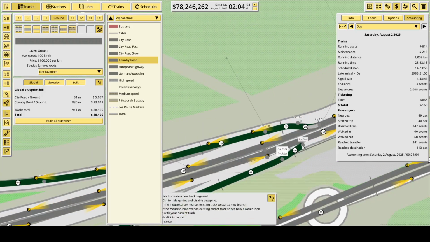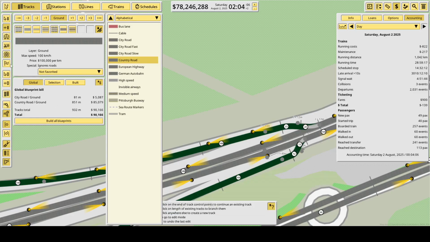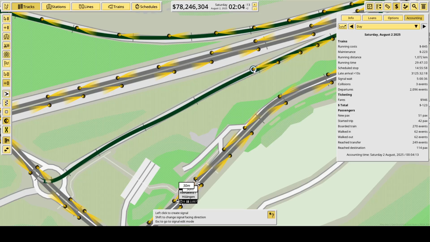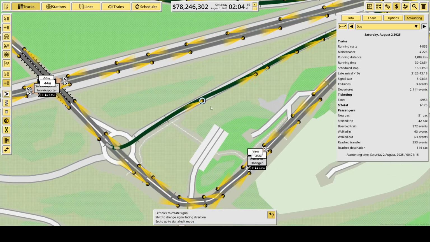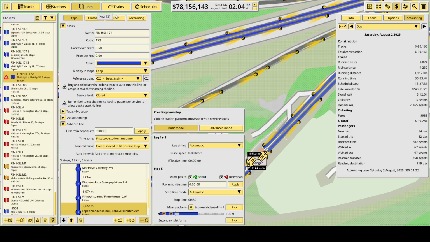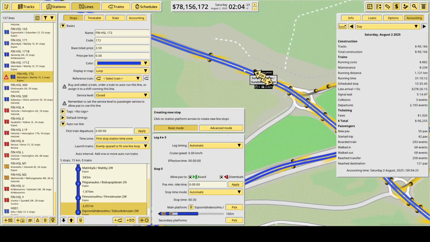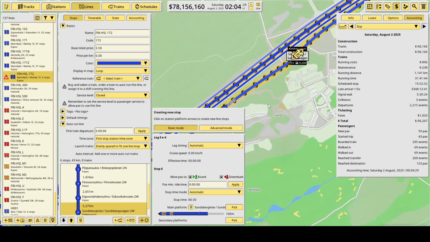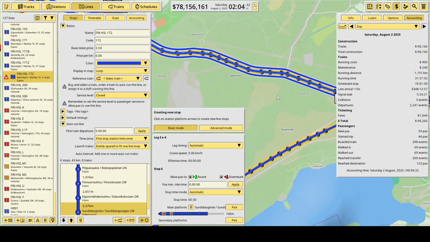So this is how the thing works, basically. Or this is how it's connected with the lines already created. I will build ramps now. Then I will look at the lines, and then I will move the line all the way to Sundsbergentie. And it runs correctly, it seems. So, after Sundsbergentie, it will stop at